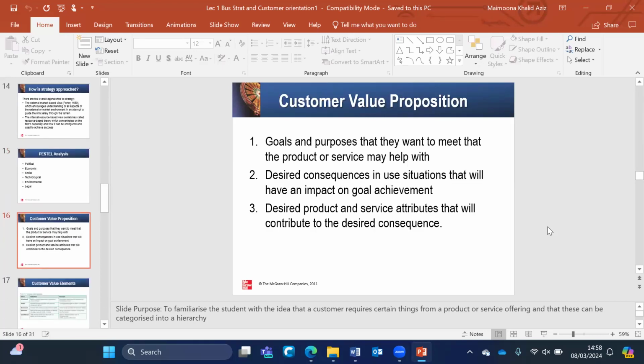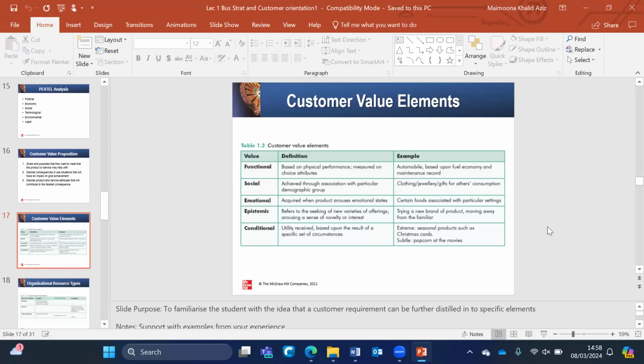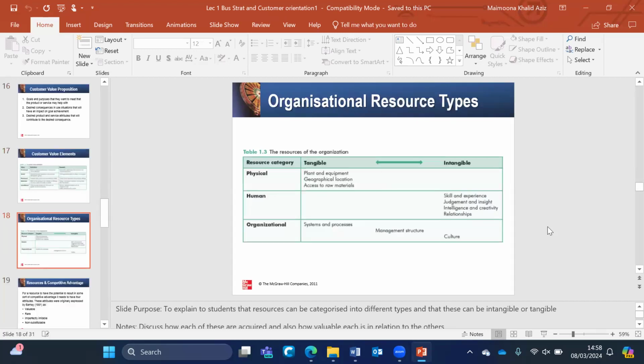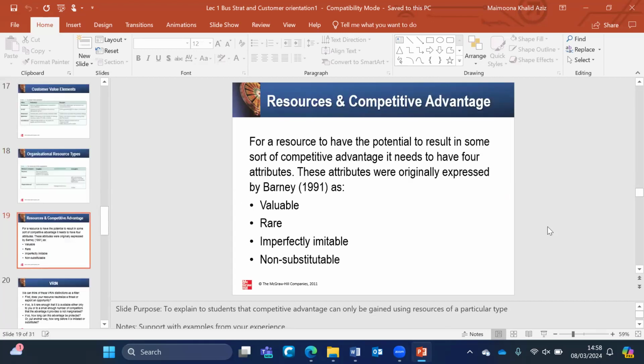Then we talk about the goals and purposes, the desired consequences in the situation, and the desired products. All of that comes together to make the customer value. So what exactly are we giving the customer that is giving them value? What do they consider valuable in the business? So there's several different elements that they value. They could value the function, the social element, the emotional, the epistemic, the conditional element. All of these are ways that they could have value added into what they think is adding value to